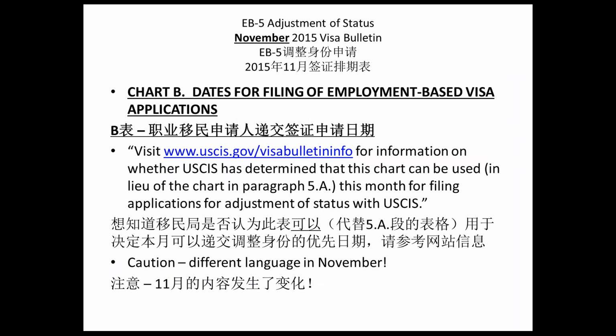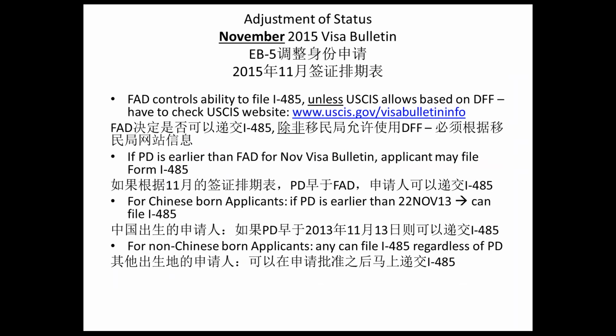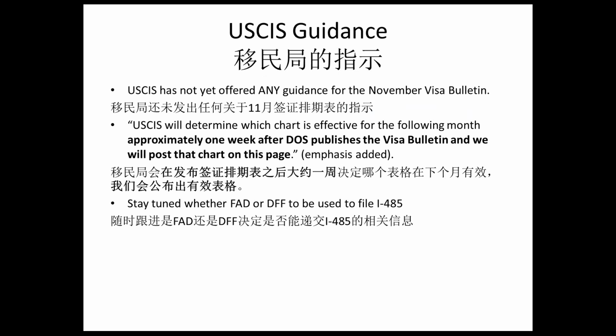So this again is the language from the visa bulletin, and it's very different in November from what they said in October. 这是他们在这个签证排期表下面的解释，跟10月的内容不一样了。So again, we're waiting for an announcement, and if the government makes the announcement, we will be able to file adjustments again in November, but they have not yet done that. 所以现在我们还是在等政府的官方回复，如果他们说我们11月还可以使用这个表递交转身份申请的话，那就是一个非常好的消息，我们就还可以在11月还可以继续交485。